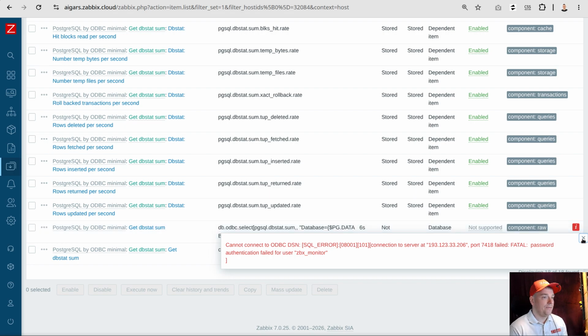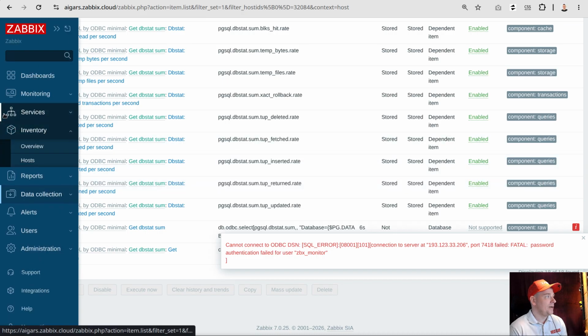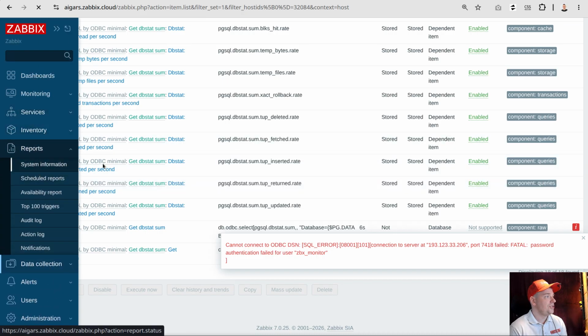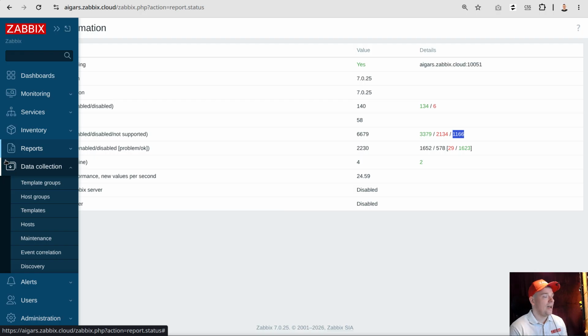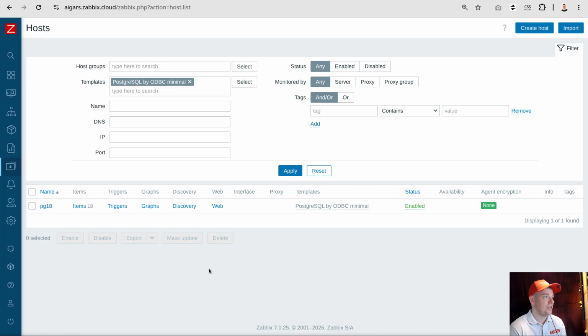And yeah, it goes back to this section, reports, system information. So what's the size of the Zabbix instance, how many items are unsupported, and here we have not supported, and I have here at the moment like 1000. So I am lowering down the damage inside Zabbix, and